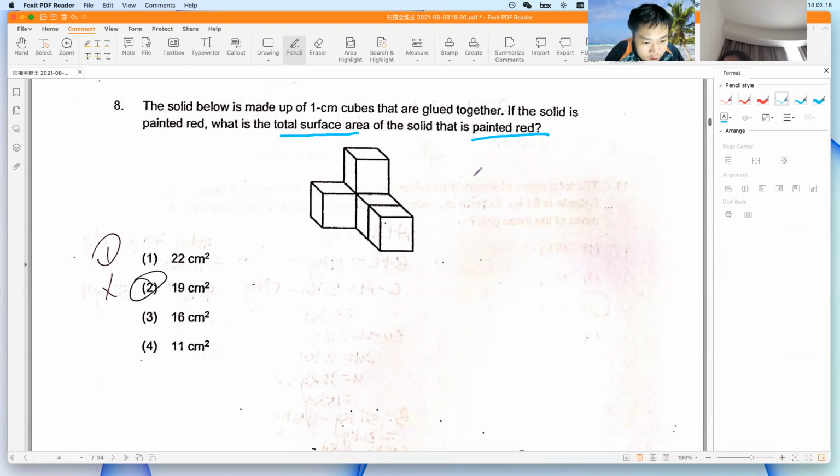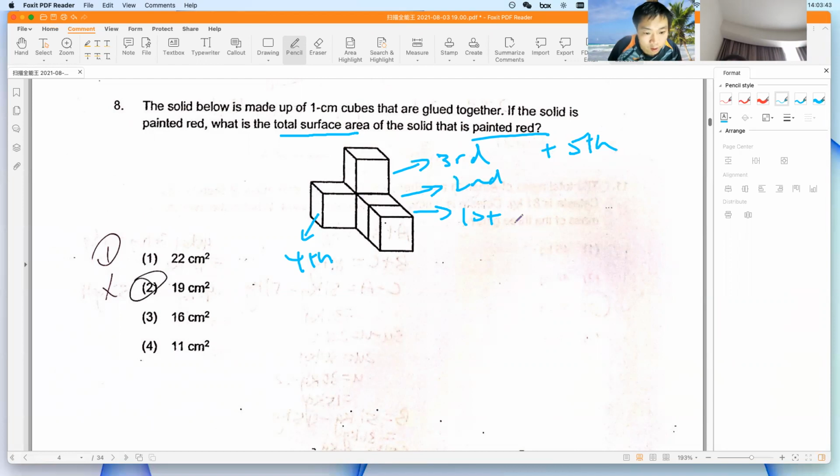So the strategy is, let's say you start with this, you have one, so this is the first cube. Of course, this is the second, then this is the third, and this is the fourth, and of course you still have the fifth one, which is below the third. Only after this, so you have 1, 2, 3, 4, 5, you have the 5 cubes, then you go one